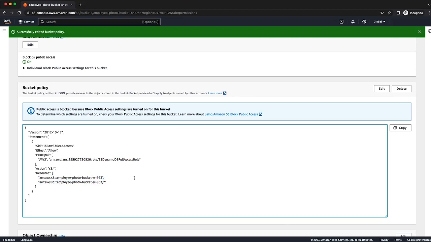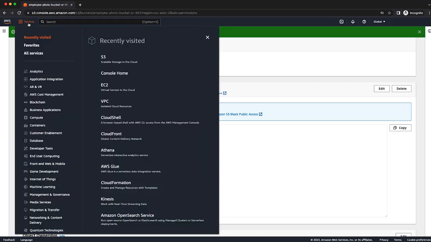So now that I have tested uploading an object and created the bucket, as well as providing access to the bucket by that role, I need to modify the application to utilize this bucket. So to do that, I'm going to go over to EC2